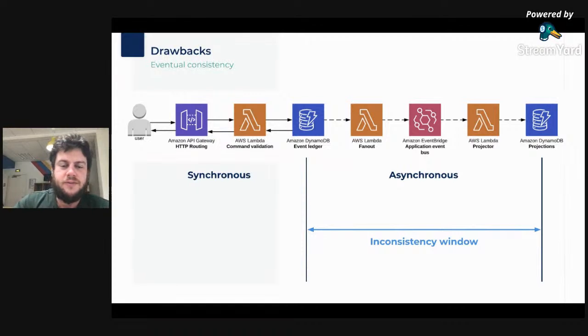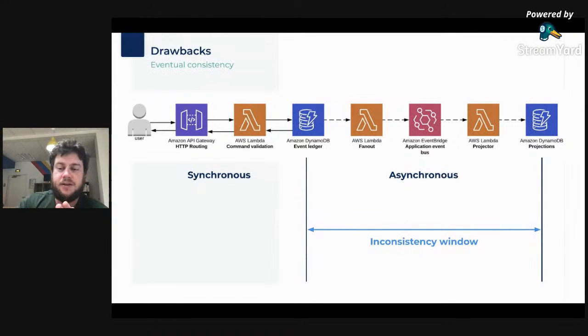Like I told you before, the first part of the command flow of the system is synchronous, from API Gateway through the AWS Lambda handling the command validation and up to the DynamoDB used as an event ledger where all the events are stored. This is synchronous since the user using the application will actually wait for an answer from all these 3 different services before actually saying, okay, the call was successful or unsuccessful.